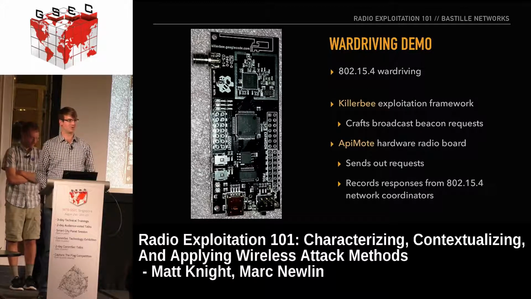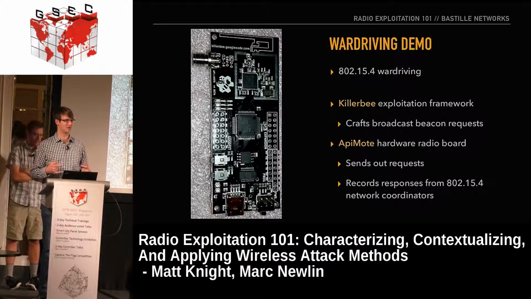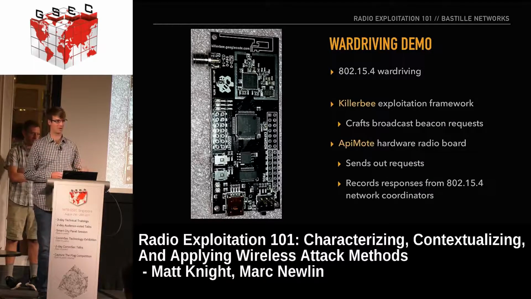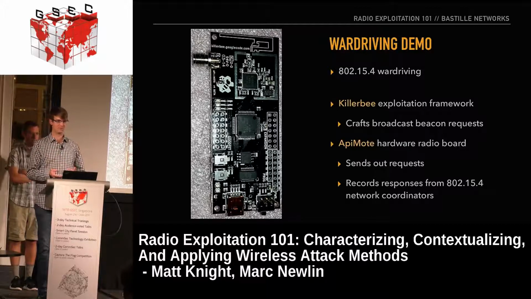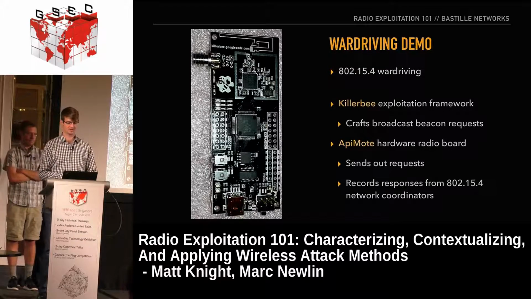So 802.15.4 is the physical and MAC layer standard that Zigbee is built on. And Zigbee is used for a number of home automation, industrial applications. It's a low power, kind of like locally focused wireless network. So we're going to show a video in just a moment. And essentially what I've done in the video is I've used KillerBee, which is a Zigbee network exploitation framework, to